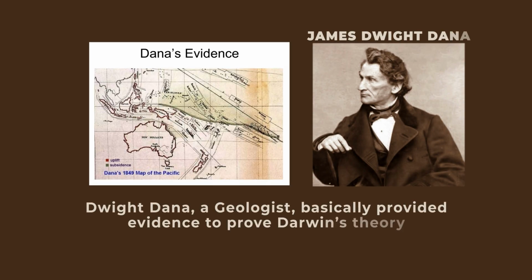So, we have James Dwight Dana. He is a geologist. He basically provided evidence to prove Darwin's theory. Darwin's theory was more conceptual rather than providing evidence. There were other scientists who believed in Darwin's theory, supported it, and put forward their concepts